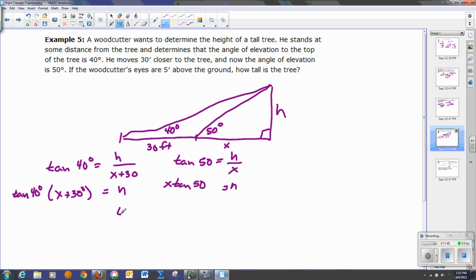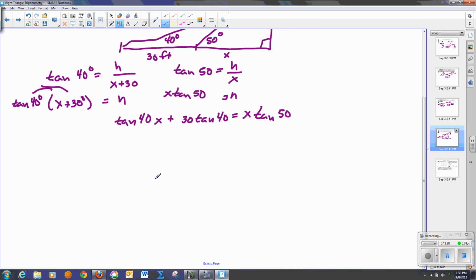So I have tan 40 times x plus 30 times tan 40. I distributed the tan 40 into that, and it is going to equal x tan 50. Now, like in all algebra problems, we're going to want to get all the unknowns to one side. So let's say 30 tan 40 is equal to x tan 50